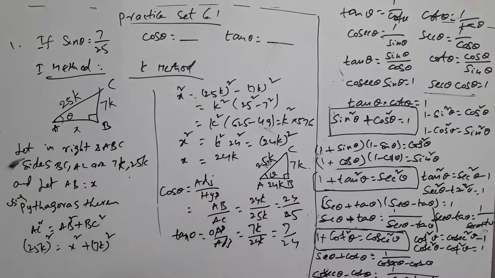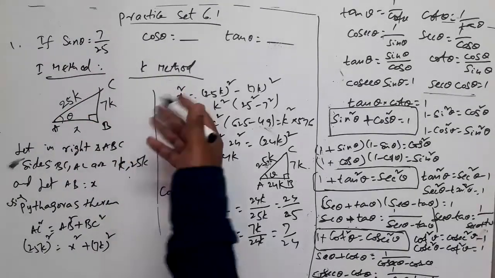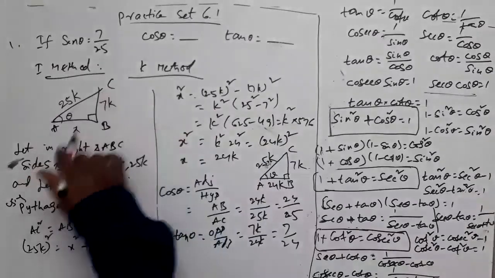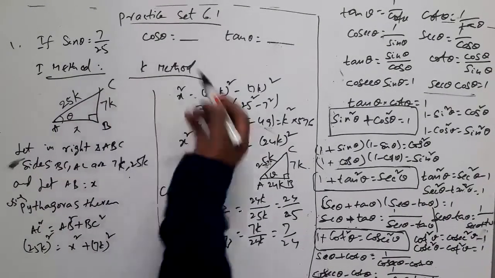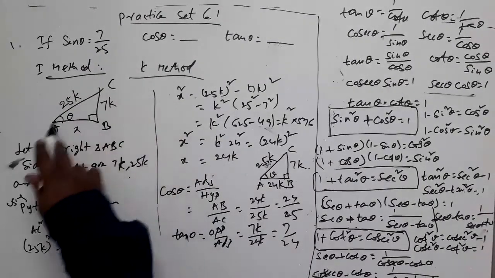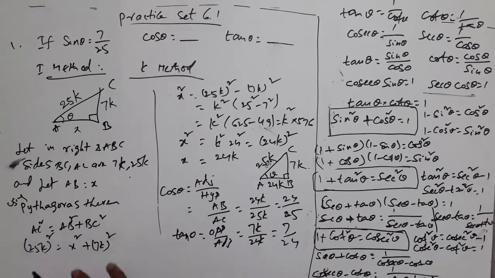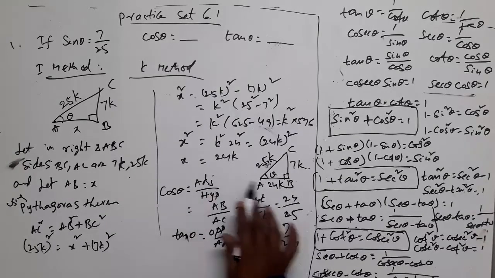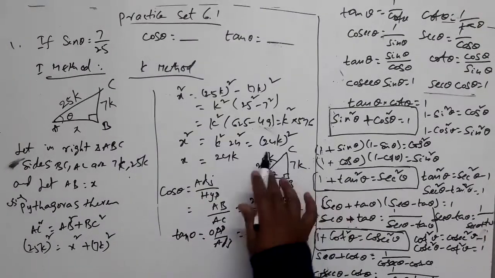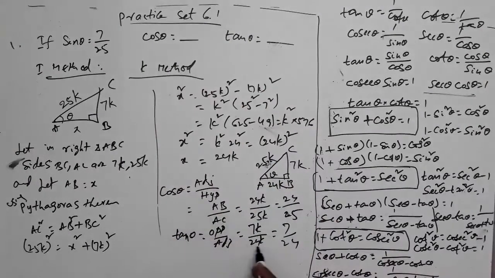So what have you done here? In this, value of one trigonometric ratio is given. You need to find value of 2 more trigonometric ratios. So for that, we have considered right angle triangle. We have introduced the proportionality constant k. Two sides marked as 7k and 25k. Then other side we are finding out using Pythagoras theorem, right? Like this, we have found out the third side. So in this triangle we know all 3 sides of the right angle triangle now. Then we have written the values of 2 trigonometric ratios using basic formula, right? This is one method, right?